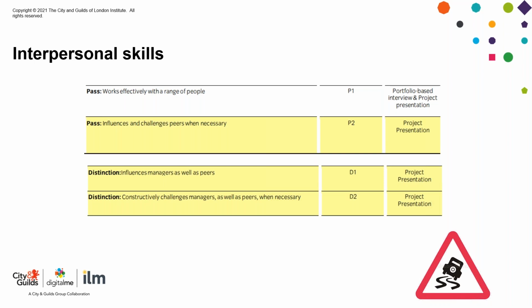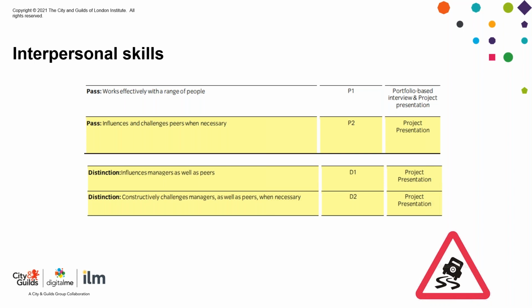But the important thing is that the apprentice has evidence of challenging peers and managers for distinction. If they say, "We're a great team, we never have any problems," they won't meet these criteria. Challenge doesn't have to be about actual conflict. It could be about reminding a colleague about the new process. It could be about having to discuss something with a manager that they don't feel confident about, but they stick to their guns. Conflicts and challenges always happen in the workplace.